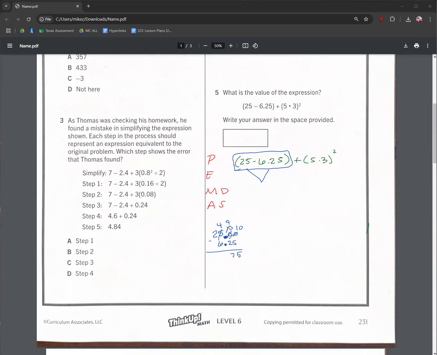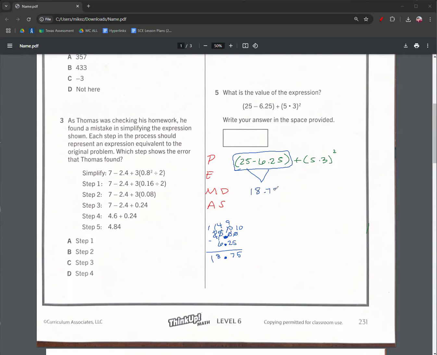That decimal in addition, we don't count them out. In addition and subtraction, it looks simple and easy. It goes in a straight line. 4 minus 6, well, I cannot take 6 away from 4, so I do need to borrow over. That 2 is going to become a 1, and that 4 is going to become a 14. Now 14 minus 6 is going to be 8. And then that one minus nothing is one. So my answer was 18 and 75 hundredths. And that was just for this part,